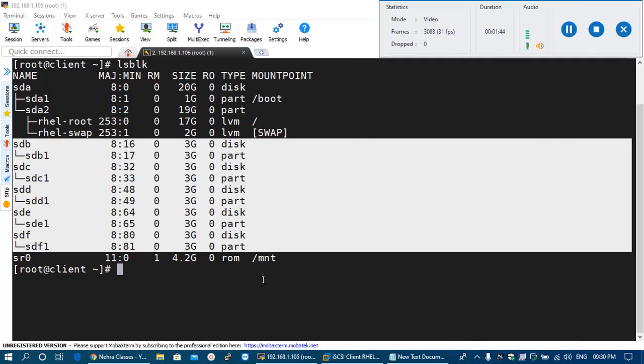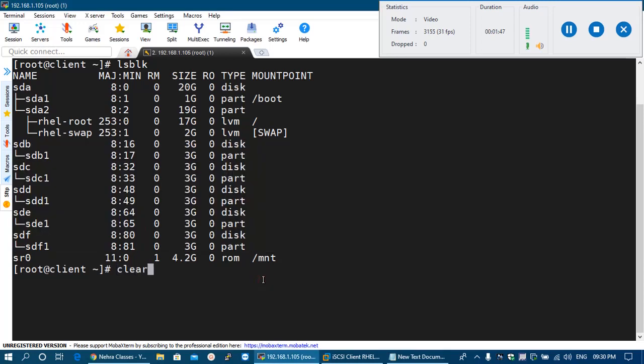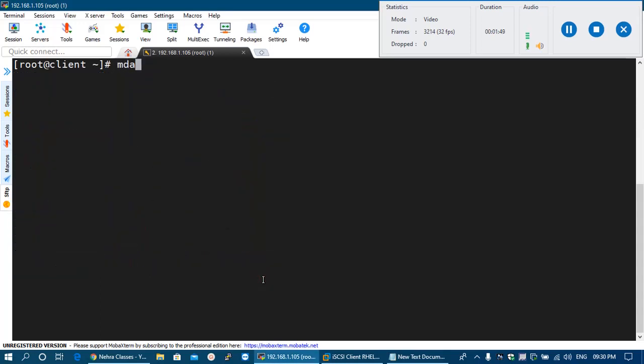To configure the RAID, we will run the mdadm command, mdadm -C to create the RAID. The name of the RAID, that is /dev/md0. Now we will specify the level of the RAID with the -l option. Level will be 4. Now we will use 4 disks, so we will specify that with option -n. And now we need to specify each and every partition which we are going to use here.